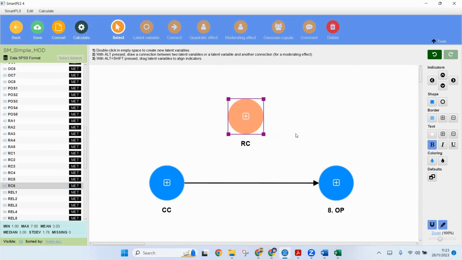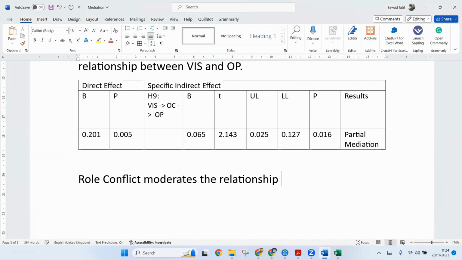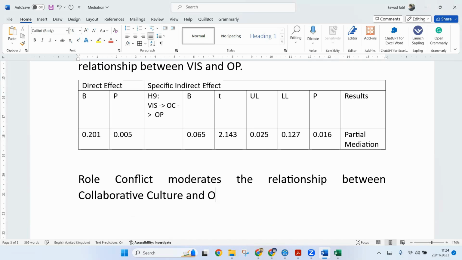So what I'm proposing to say is that the impact of collaborative culture on organizational performance is moderated by role conflict. Now, how do I propose the hypothesis here? Let's say role conflict moderates the relationship between collaborative culture and organizational performance,